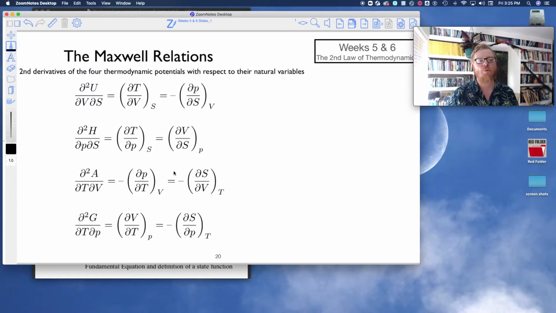And also, as we move forward in this class, we're going to see how useful it is to have a key or a cipher or a mnemonic to quickly recall these relationships. So the Maxwell relations are the second derivatives of our four thermodynamic potentials with respect to their natural variables. Those four thermodynamic potentials are the internal energy,